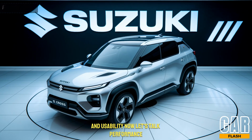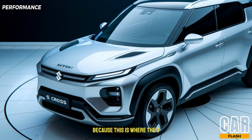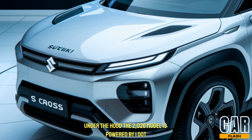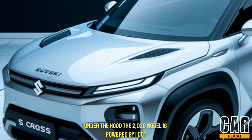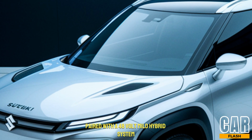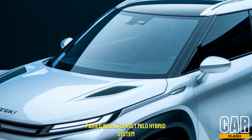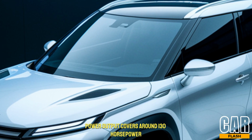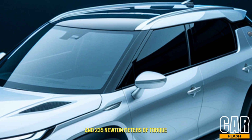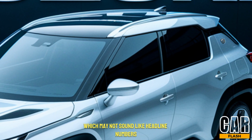Now, let's talk performance, because this is where the S-Cross shows its true personality. Under the hood, the 2026 model is powered by a 1.4-liter Boosterjet turbocharged petrol engine paired with a 48-volt mild hybrid system. Power output hovers around 130 horsepower and 235 newton-meters of torque, which may not sound like headline numbers,